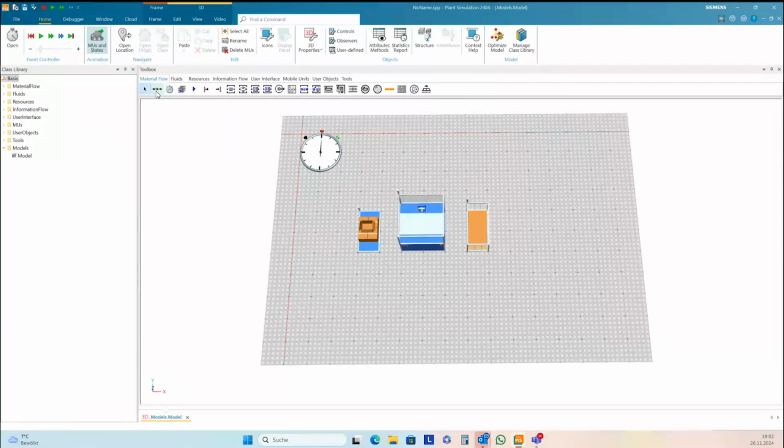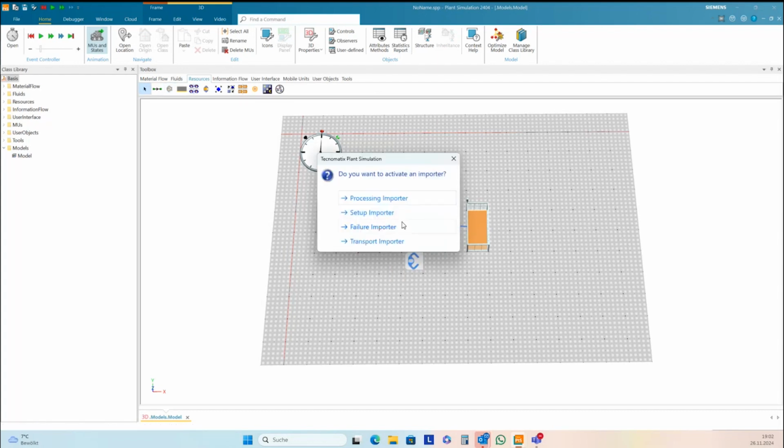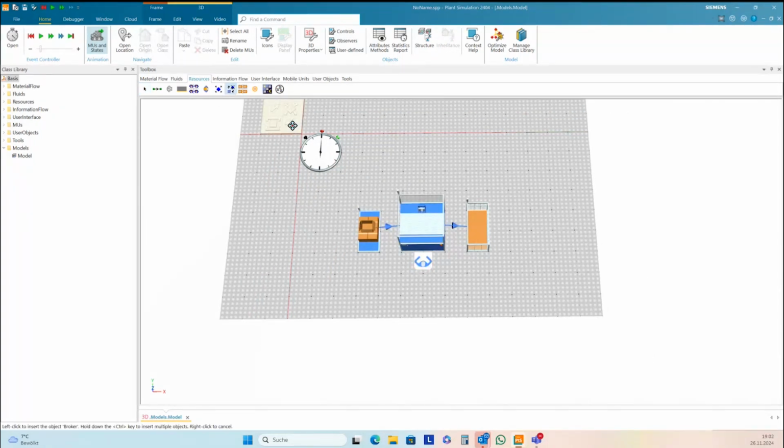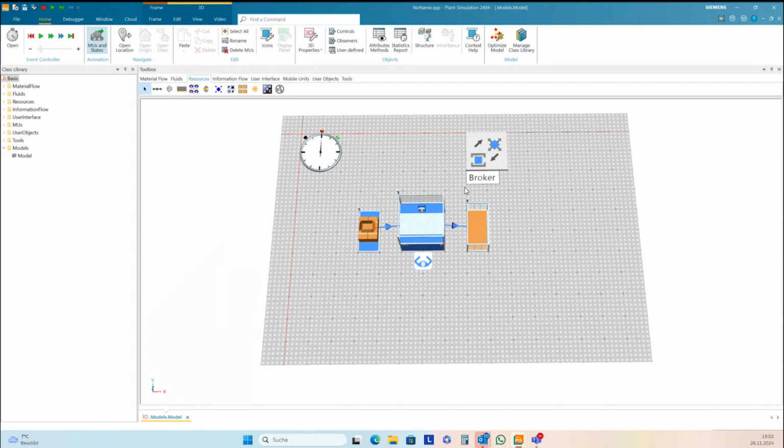We connect all this together with connectors. For the walker, we need a walk place. We place this in front and activate the processing importer and the failure importer. And we need one broker and one walker pool.